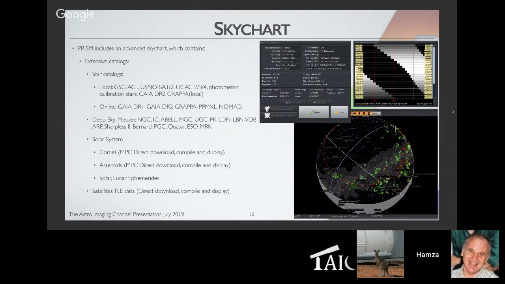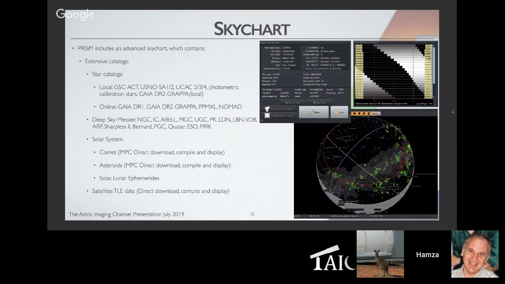One fun fact that we have is that you should not turn on all the catalogs because it will take a while and the actual sky chart will be completely covered. But we give you that data. If you see on the right where the sky chart is, you can see all the LBNs and LDNs, the bright nebulae, linked bright nebulae and linked dark nebulae. The NGCs are red, and all the annotations like the